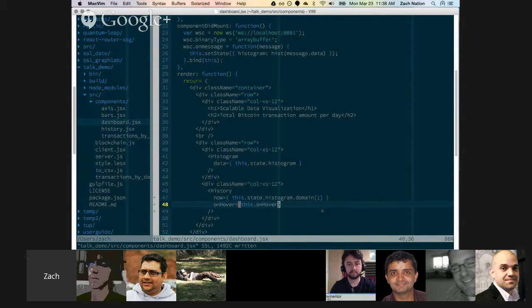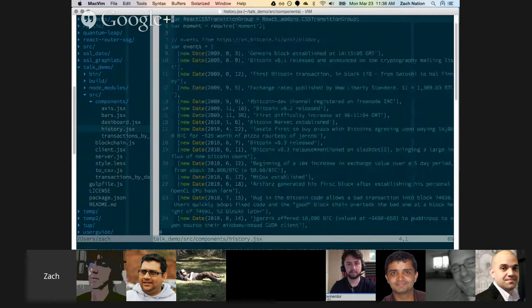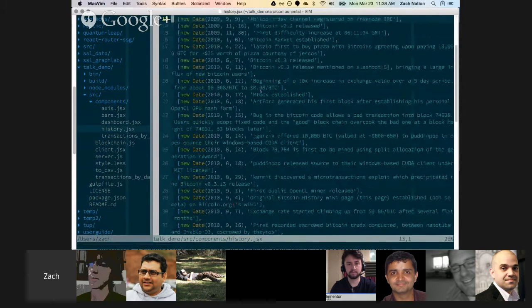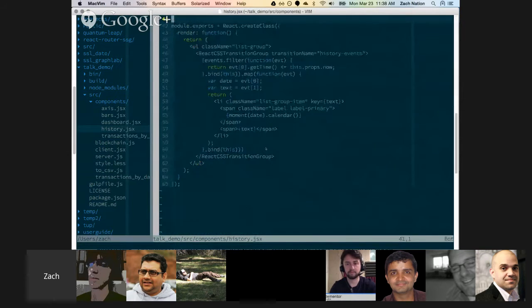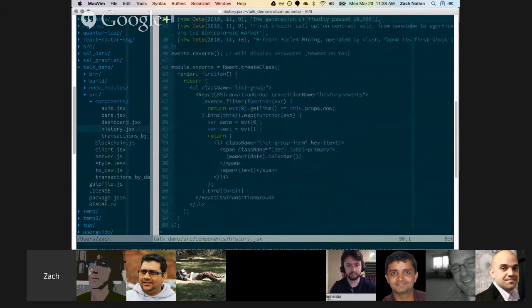So now I have a function being passed into my history object, and so I can use that in here from props. So here I've actually just hard-coded a list of events that I got from Bitcoin Wiki history. And what I can do is on hover for each history item,